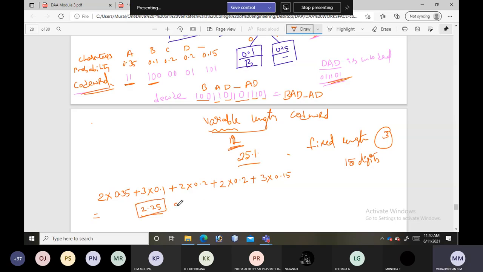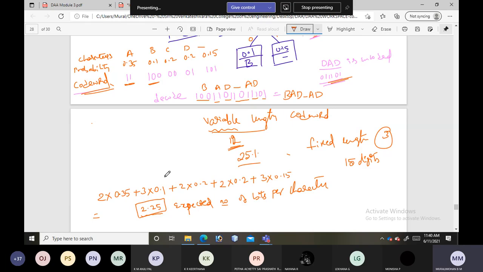So this is the expected number of bits per character with the given probability and character set.